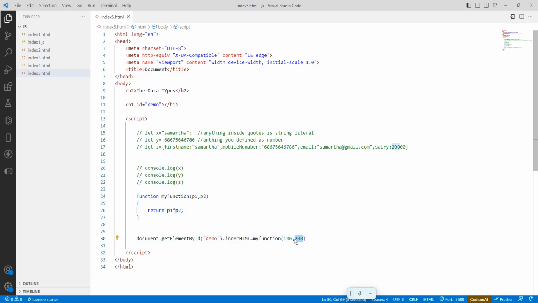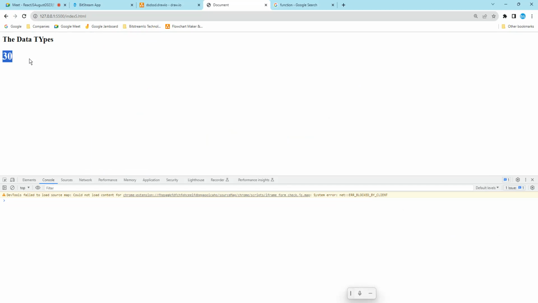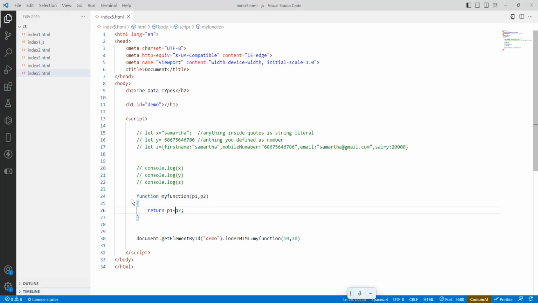If you want to pass something like 10, 20, then myFunction P1, P2, 10, 20, return P1 and P2. Here it is the multiplication. If you want to do addition, then 30 will be the answer. So what we got to know is the function can do anything, whatever instruction you give,